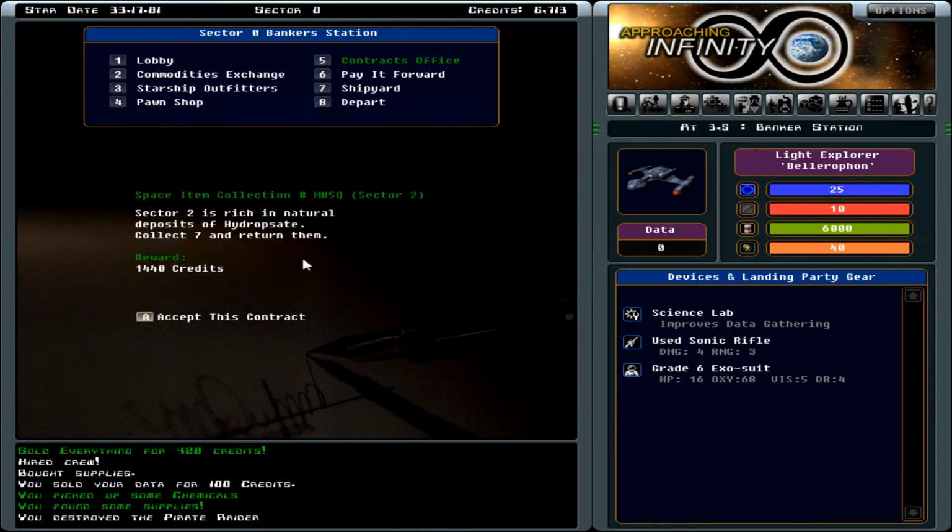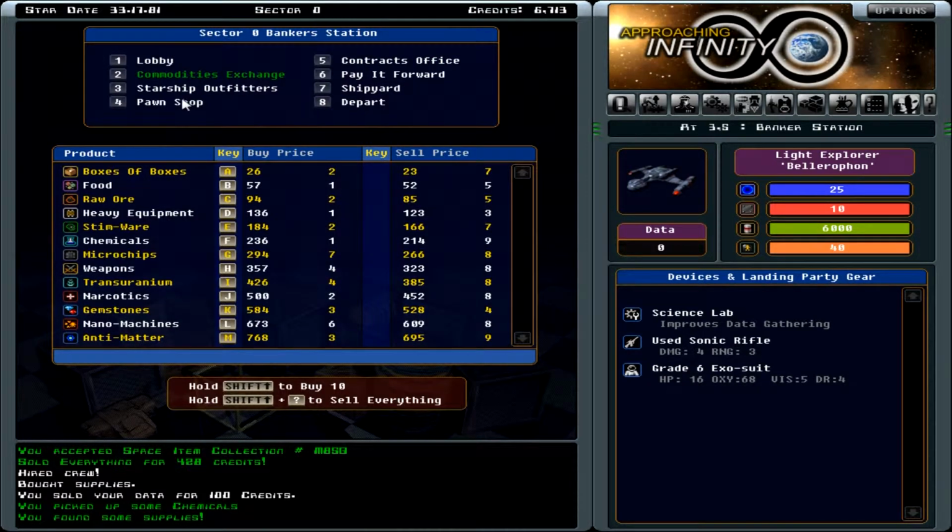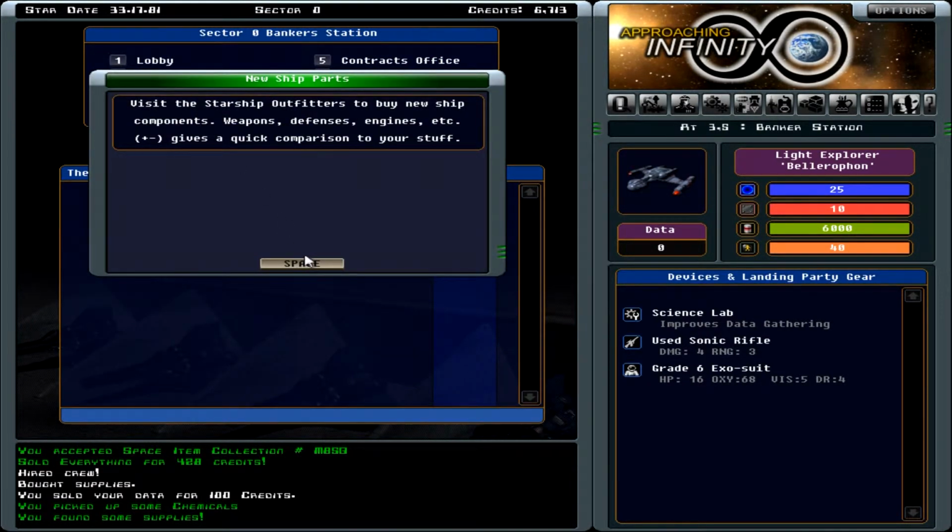The contracts office is where you get little missions. This is important for the game because the more of these that you complete, the more credits you get, and the more credits you get, the more you can stay in the game. So I just took on one of our little missions where we have to find some stuff in Sector 2,